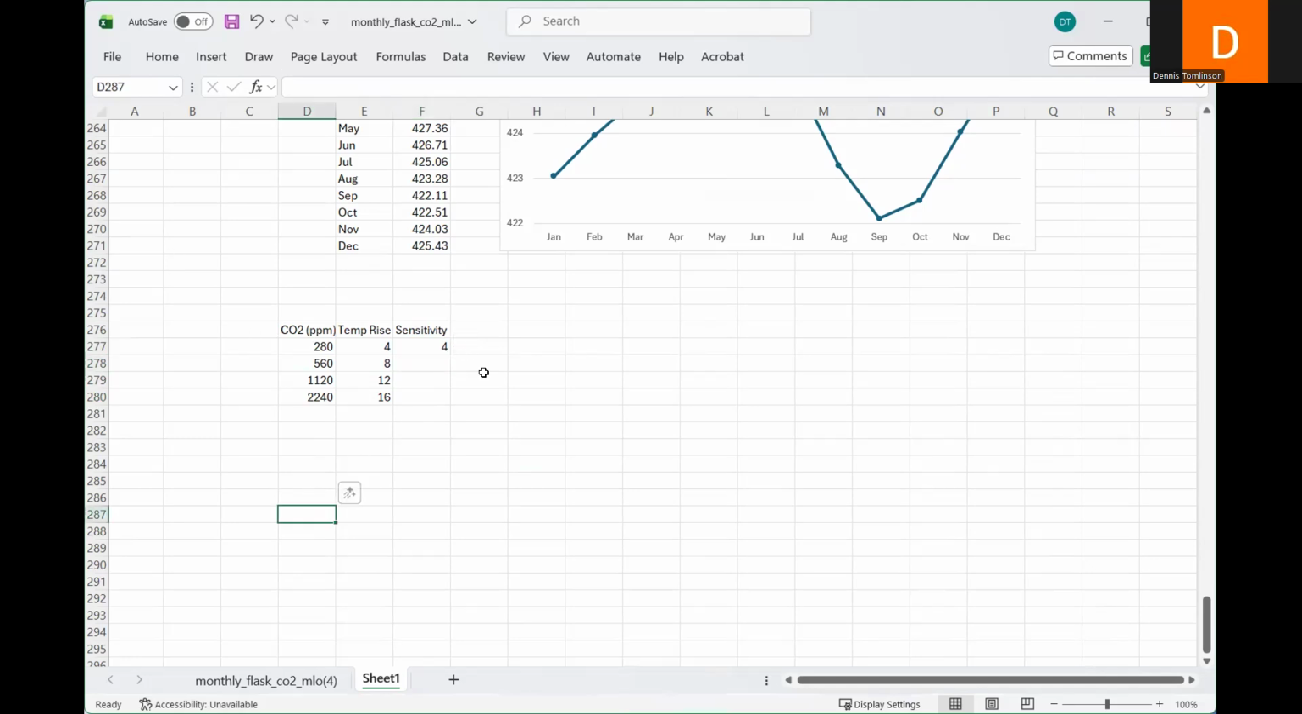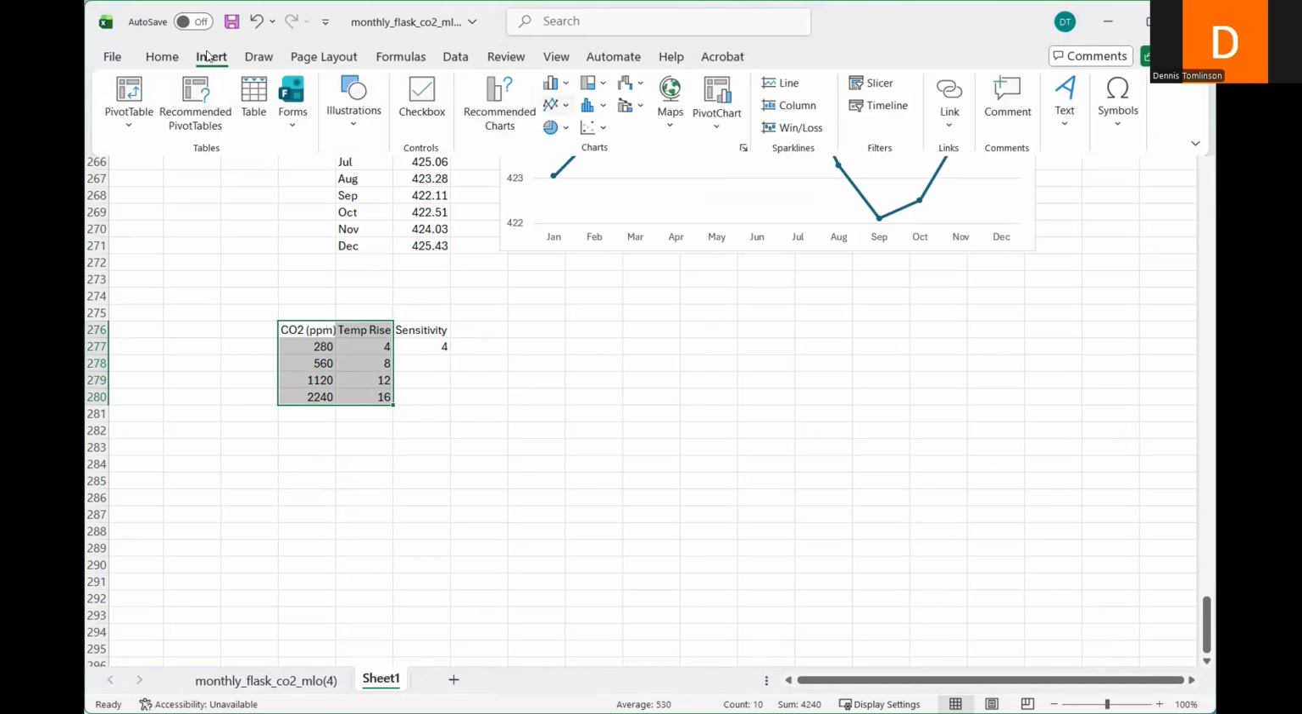The last thing we're going to do here as far as charts go is we're going to select the CO2 ppm and the temperature rise data. And we're going to do insert of a chart. So insert over here under chart,